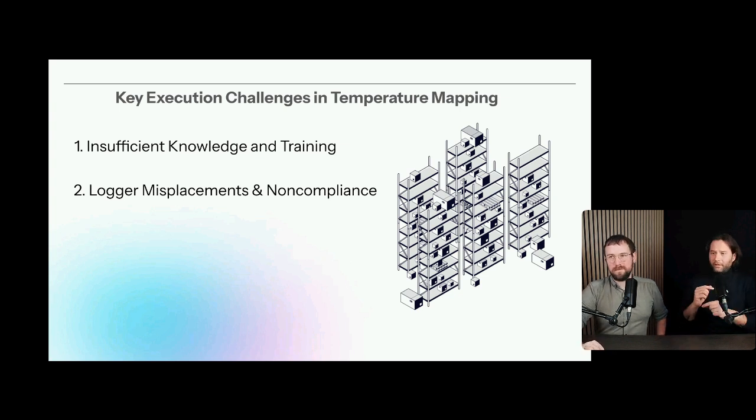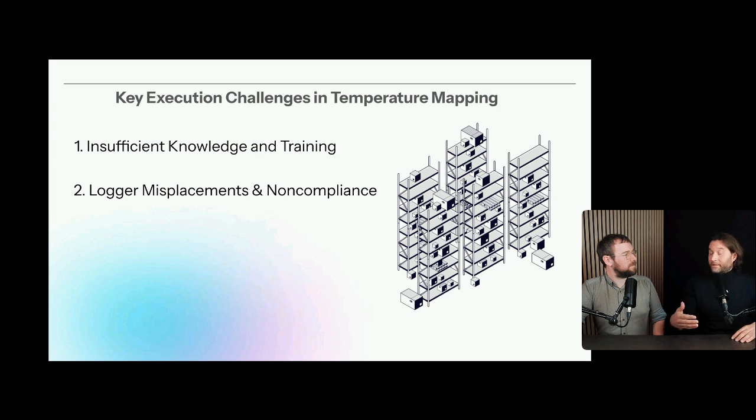This also directly connects to the first point, right? Because if you write your protocols well enough, then theoretically the misplacement of the loggers is almost impossible. But there are so many things that you can overlook. For example, where the HVAC system vents are placed. As I mentioned before, north and south facing walls, windows. If you overlook all those minimal things, it can actually give you